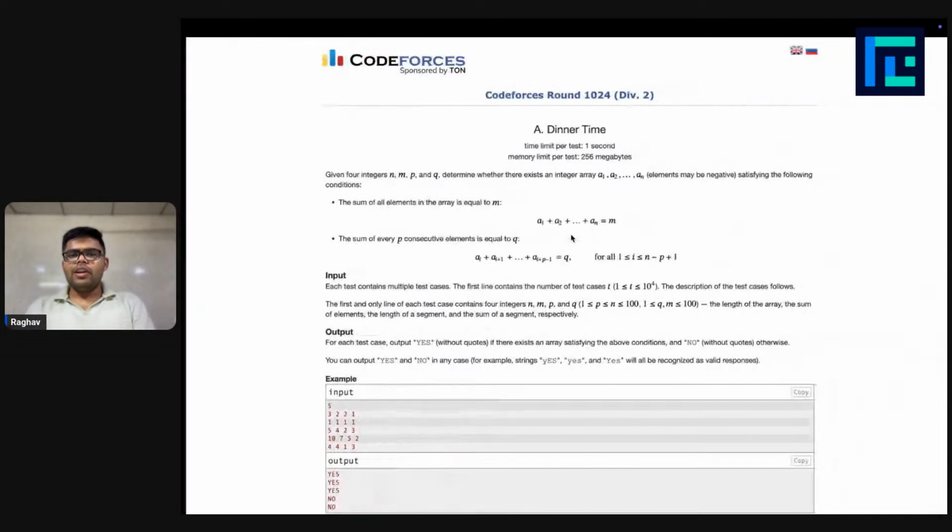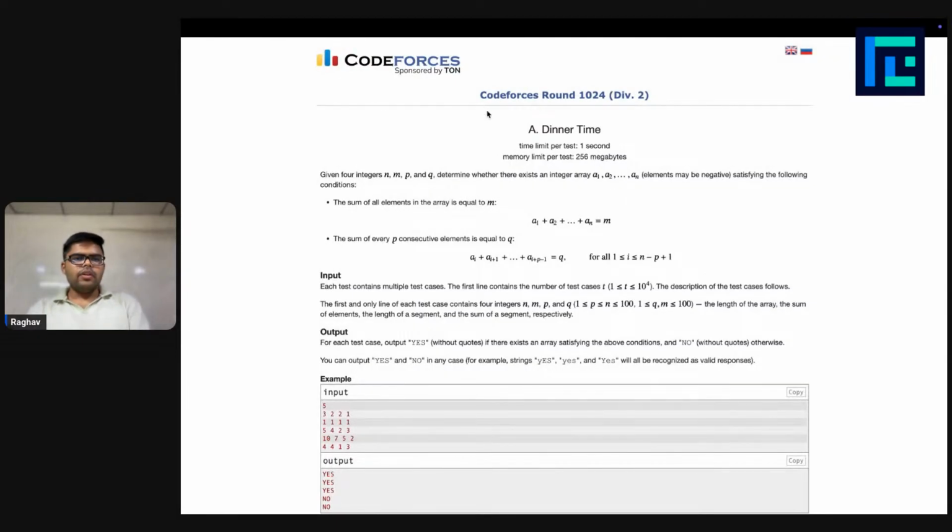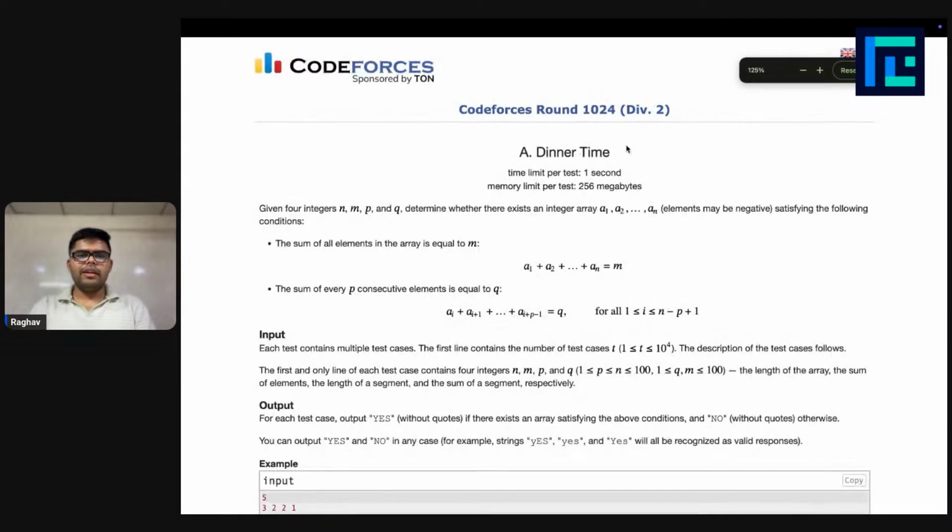And now let's start the PCD. So the very first problem of the Div 2 contest says that we are being given four integers n, m, p, and q, which will be four variables, and we have to determine whether there exists an integer array